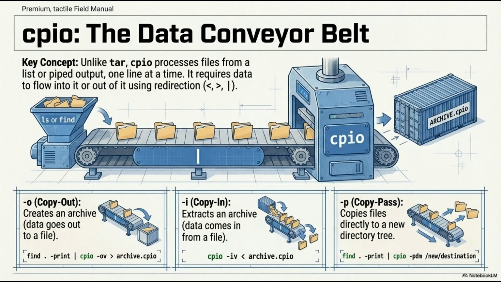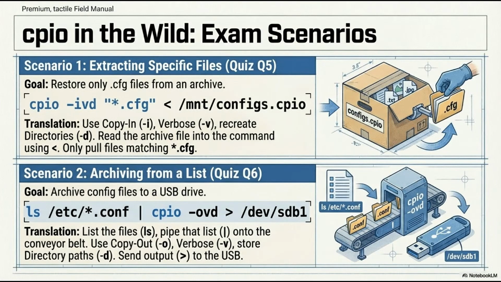Okay, let's see this in practice. Slide 8, CPIO in the wild. Exam scenarios. This walks through 2 actual scenarios to cement this conveyor belt concept. These are pulled straight from the quizzes, yeah. So scenario 1 is extracting specific files. The goal is to restore only .cfg files from an archive. The command shown is